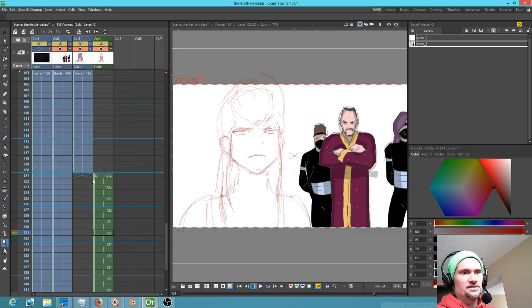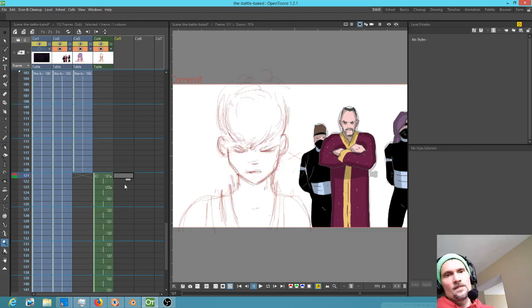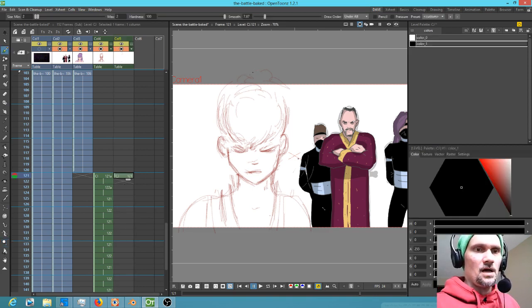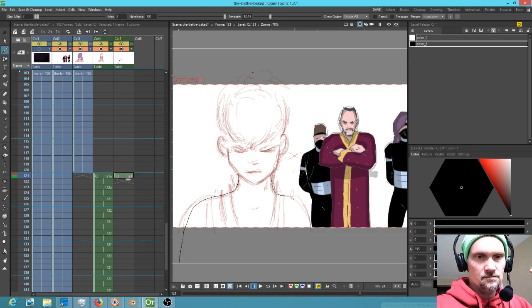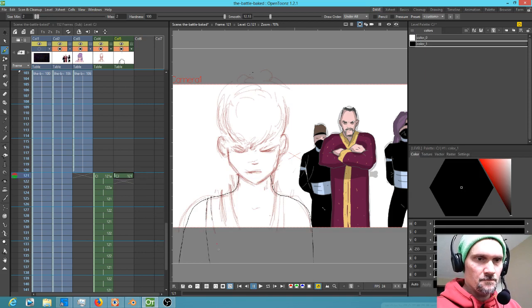I'm hitting the wrong hotkeys here because it's OpenToonz and I've been spending too much time in other programs. Okay, so what I'm going to do is we've got the smoothing. Let's just rock and roll. Okay, go up here. I'm just drawing these lines all the way down like I'm drawing them so that we will have